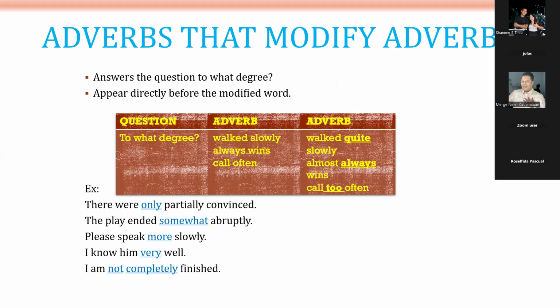Another example. Walk slowly. Walk quite slowly. Always wins. Almost always wins. Call often. Call too often. All right? So, kung mapapansin nyo, yung first examples here,